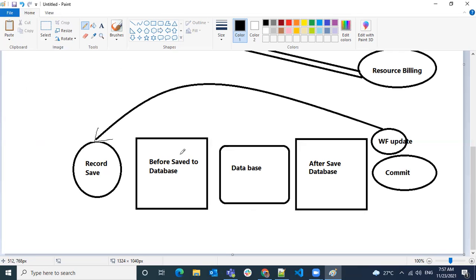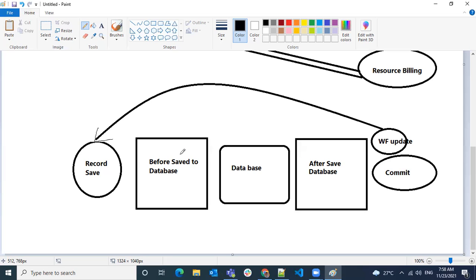Because only that record is going to save. So you can make changes to the fields of that record only. If you want to save to the parent record or child record, that is not possible because those records are not getting changed. The only record getting changed is the record of the object that you are saving. You can make changes to any of those fields.